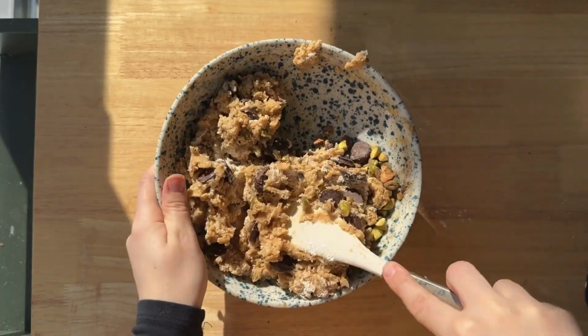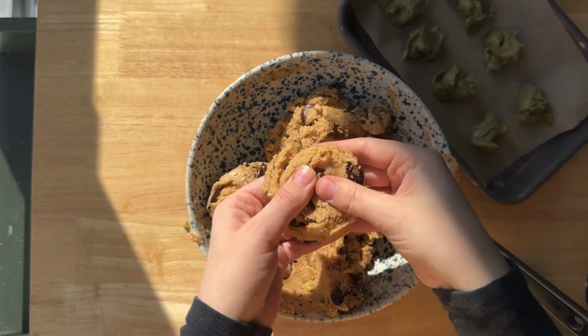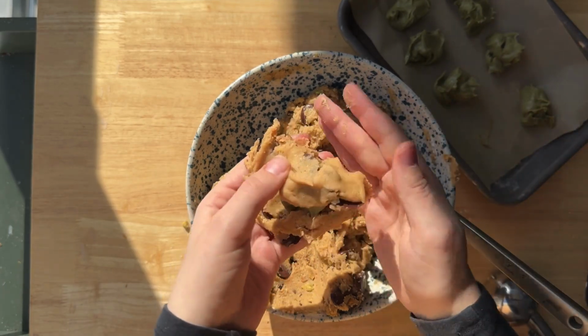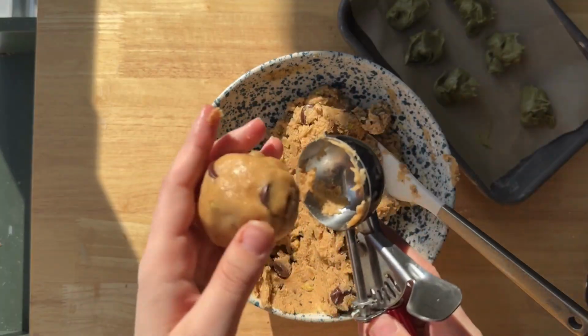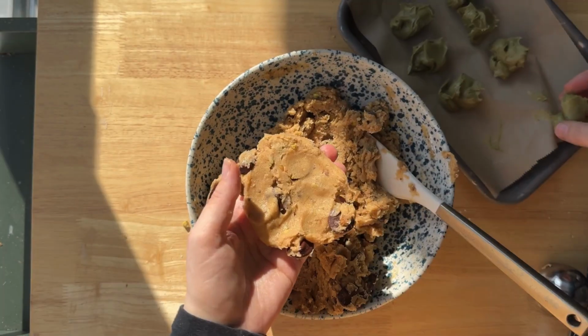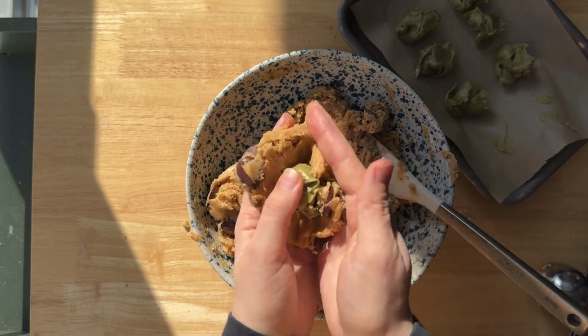Next, it's time to assemble the cookies. Scoop out about 1/4 cup scoops of dough, then one at a time flatten each dough ball, place a frozen pistachio cream piece in the center and roll it back up. Here I also like to gently press the cookies back into the scooper to make them a little bit more